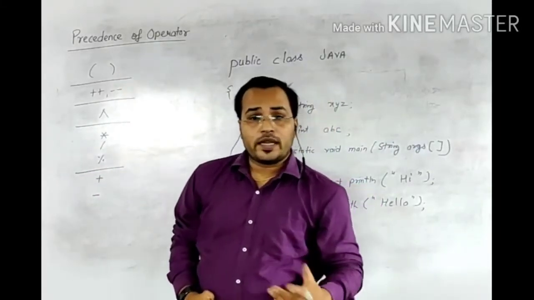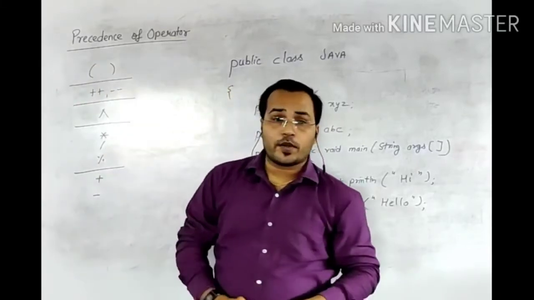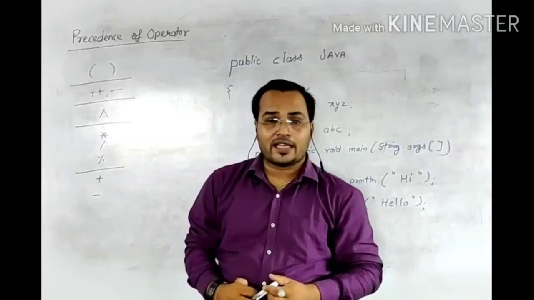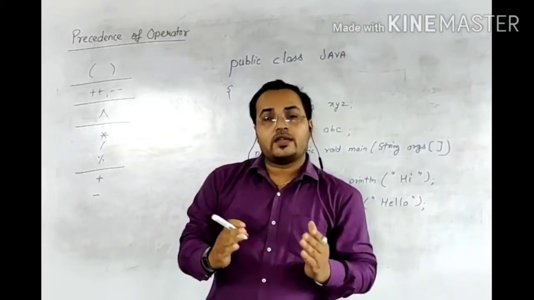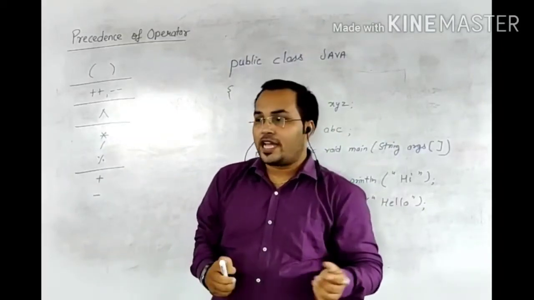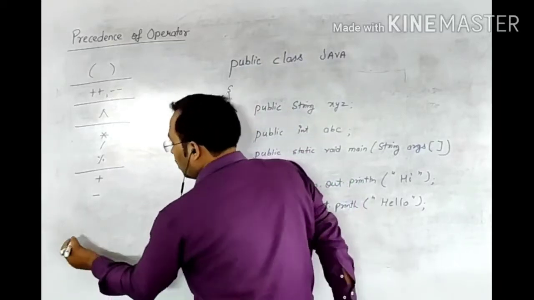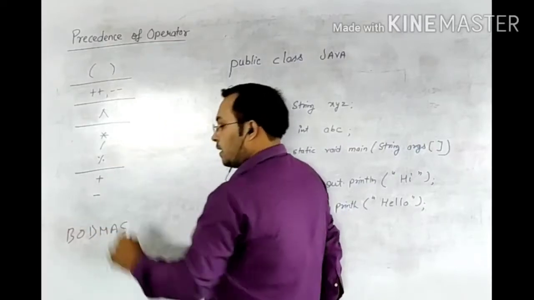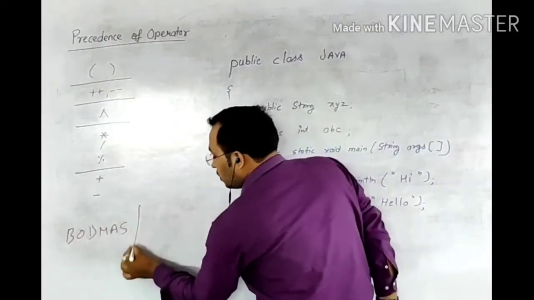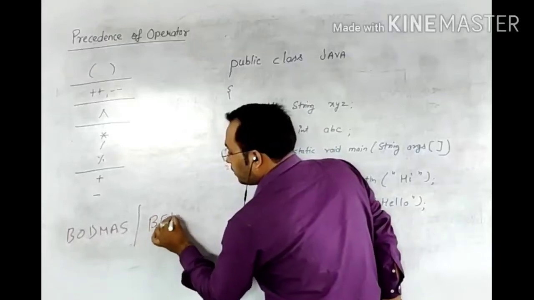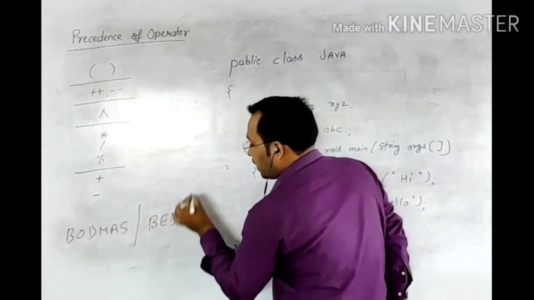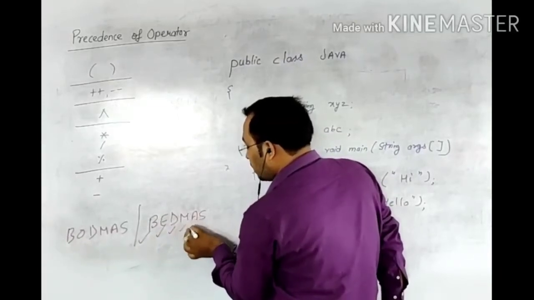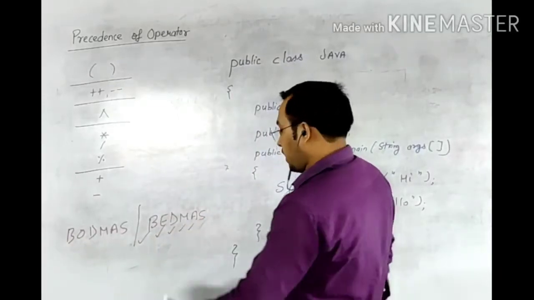As I told you, in the next video I will tell you what is precedence of operator. In precedence of operator there is some hierarchy. Hierarchy means it will take the values in that hierarchy only, as we have a rule in computer: BODMAS. In the same manner in computer we have BODMAS. BODMAS means first bracket, then exponent, then division, multiplication, addition and subtraction.